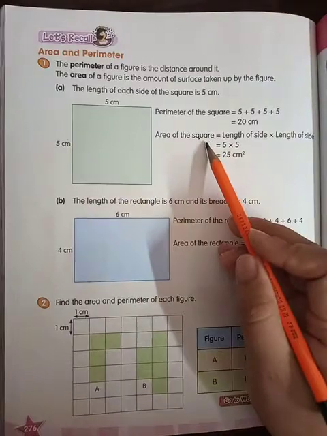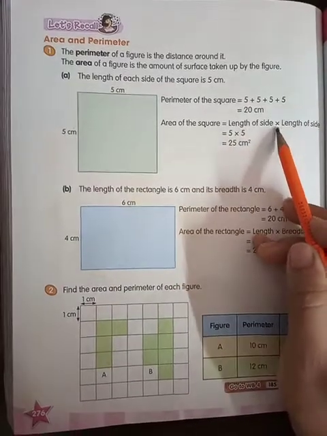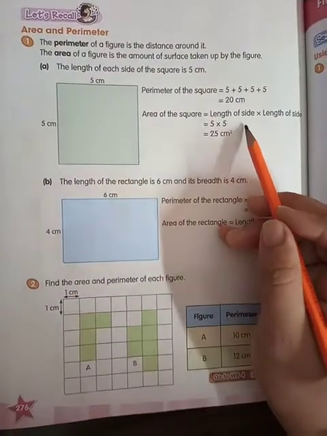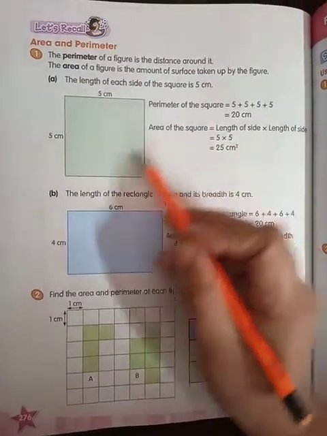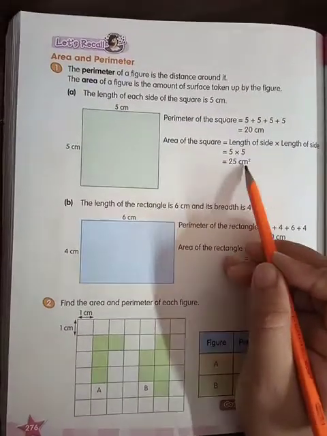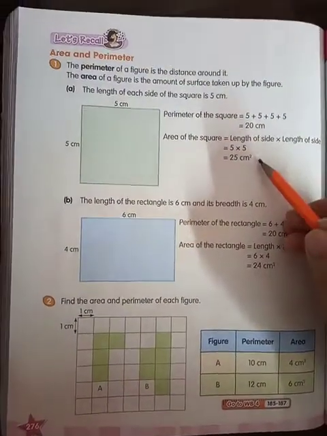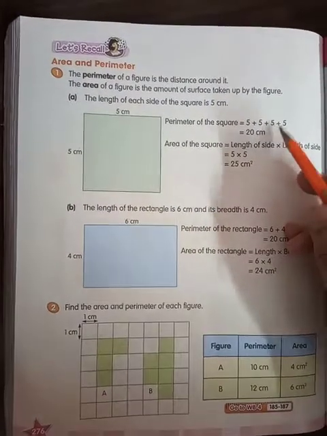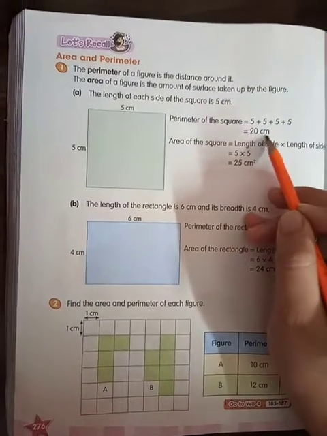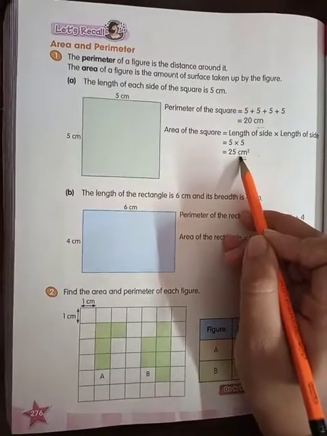Area of the square, how will we find the area? We are going to write down the formula first. The formula is length of side multiplied by length of side, first side and then second side. Okay, we are just going to multiply two sides only of a square shape. We are not going to multiply all the sides, only two sides. Whenever you multiply, our answer will be 25 centimeter square. Yes, there is a big difference in the units we write with perimeter and area. Whenever you write the unit of a perimeter, you will write only centimeter. Whenever you write the unit with area, you write centimeter square.